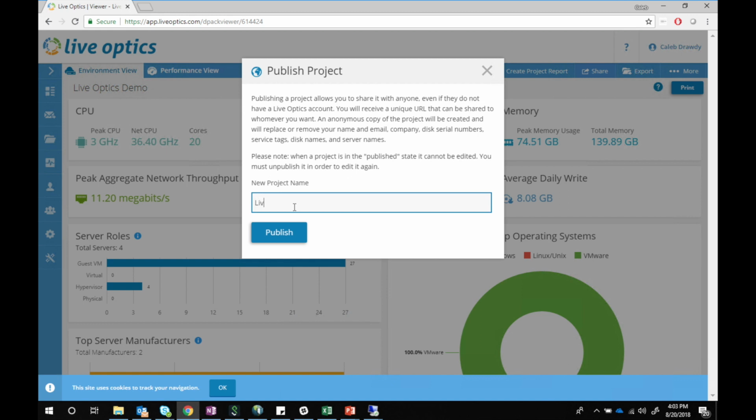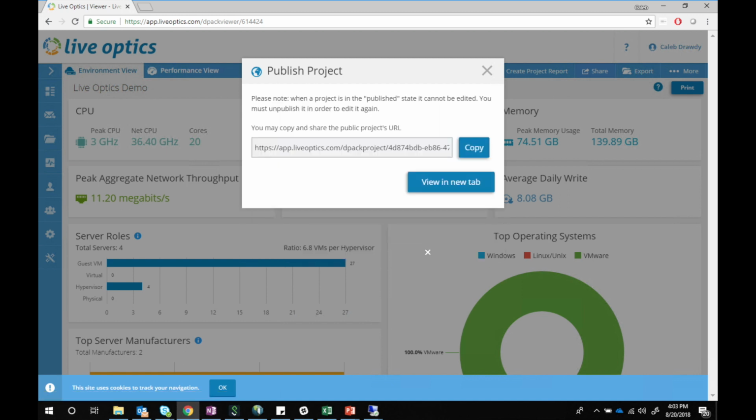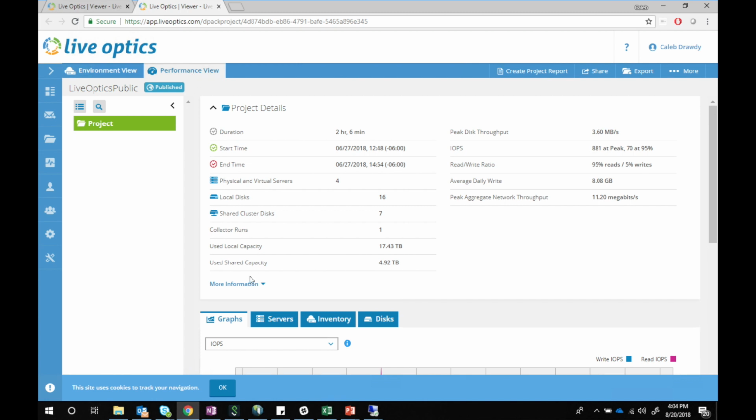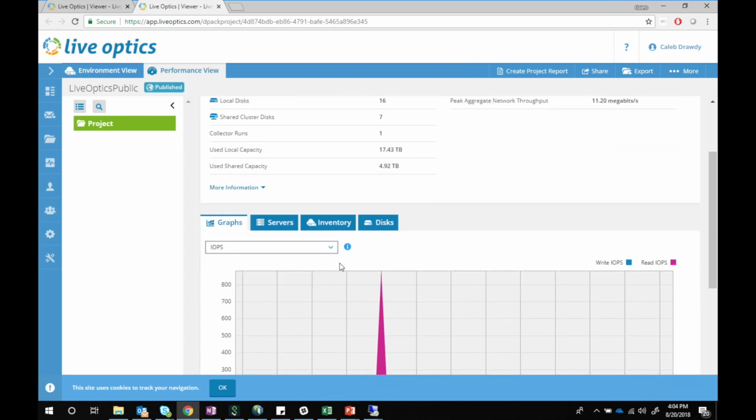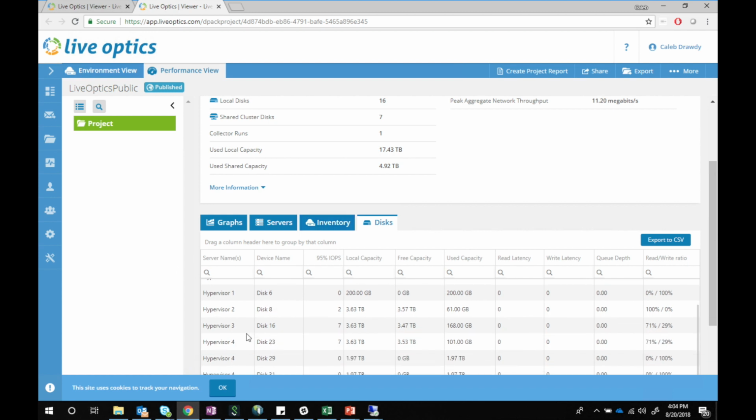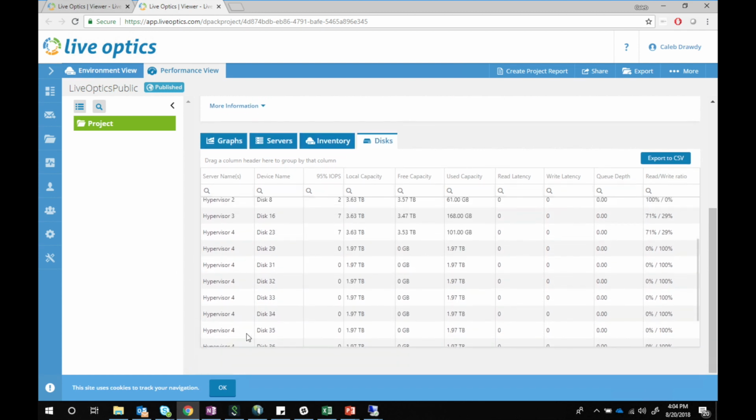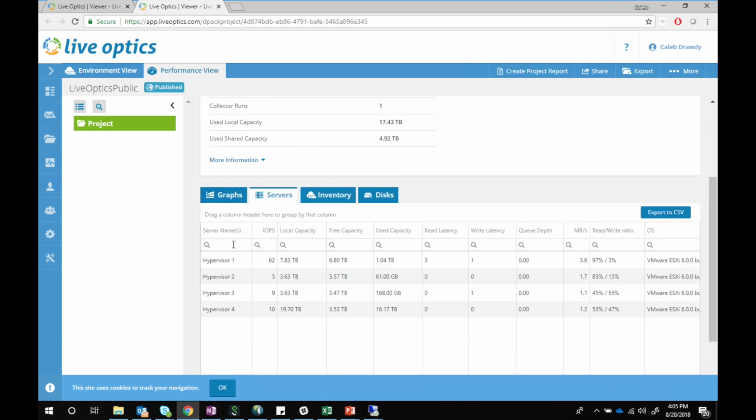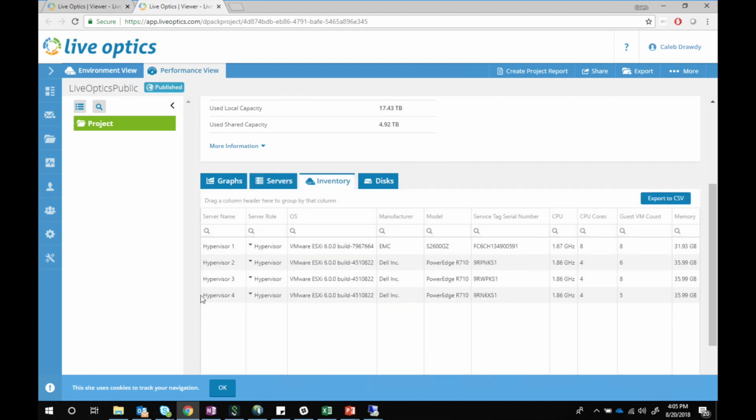So if I name this LiveOptics public and hit publish, there's the URL. I can open this in a new tab. Again, if you go to performance, you can see hypervisor 1, hypervisor 4. So these are all the hosts. You can see it's just removed the server names. So we have all of the capacities, the inventories, and